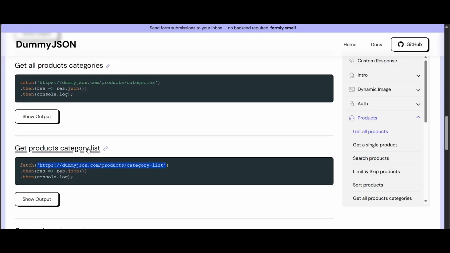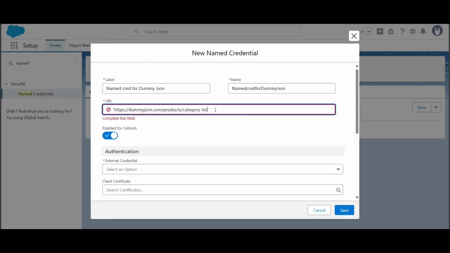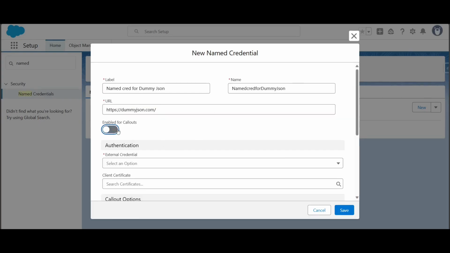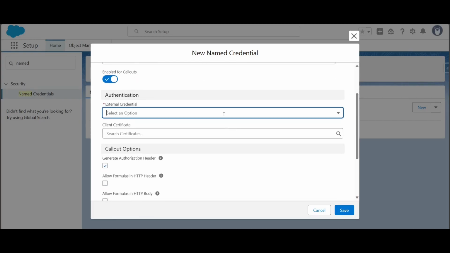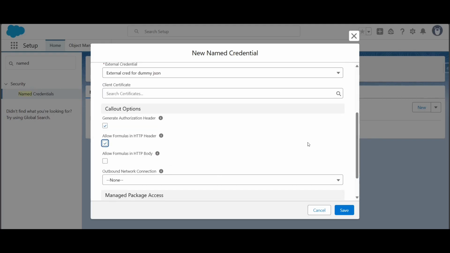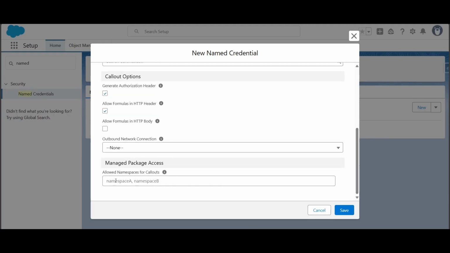And in the URL, let me provide the base URL of this dummy JSON. It should be enabled for callouts, and we need to provide this external credential, and this checkbox needs to be checked. And in the namespace, I'll be showing that later. We need to provide the proper namespace access in order to access the name credential in that integration procedure. So as of now, I'm just clicking on save,